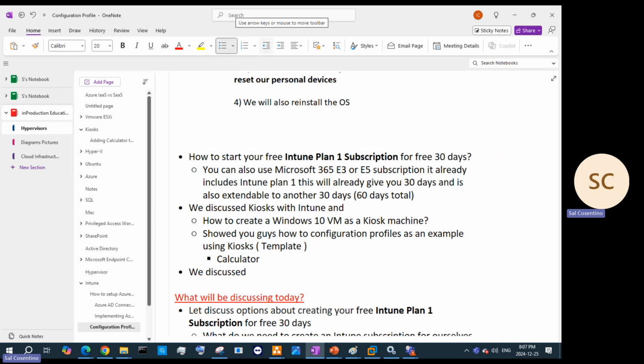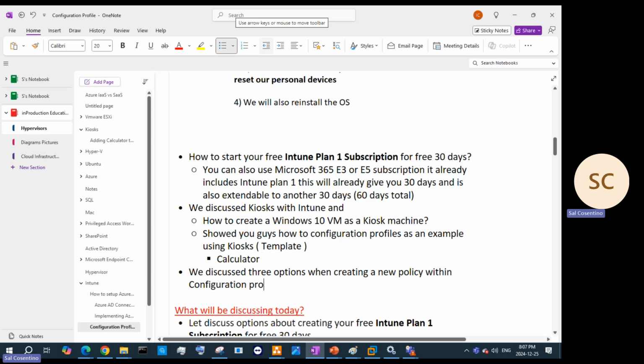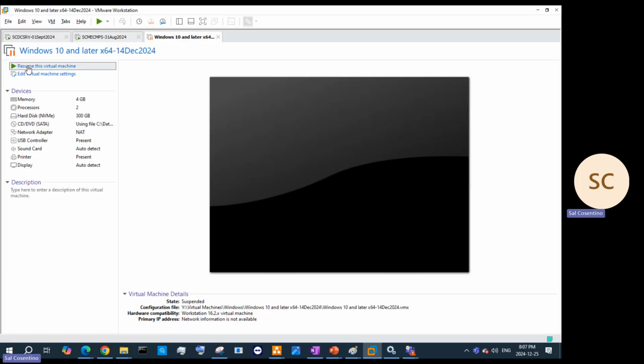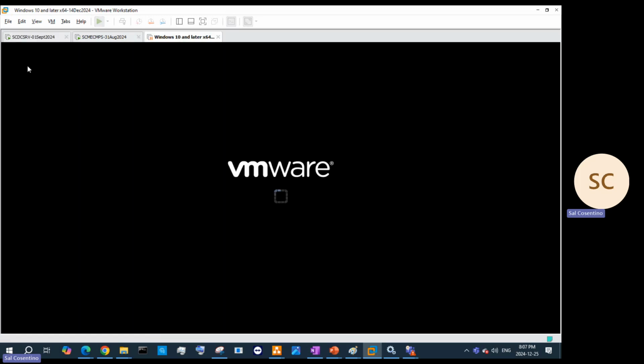we discussed three options when creating a new policy within configuration profiles, using Intune, right? So I showed you guys how to create those. We did create a few together. For example, if I open it up and resume that, we created the interactive login message screen on one of those machines, and we did some others. So if I were to